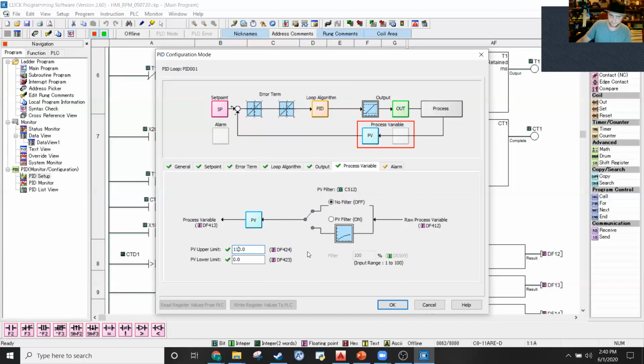And we could actually do this right here. But the thing is, like I said, we want our process variable to be the same units as our set point, which is a percentage. So we're going to leave it like that. So we're going to leave the PV upper limit as 110. Okay, so now